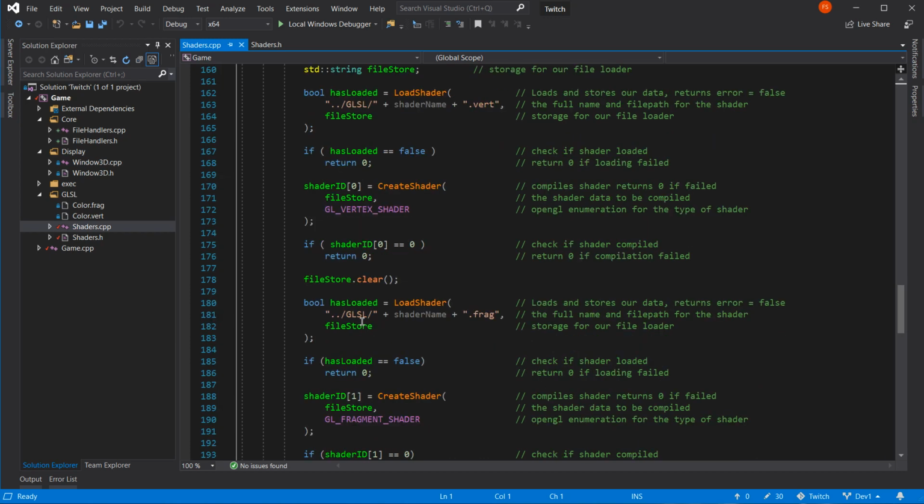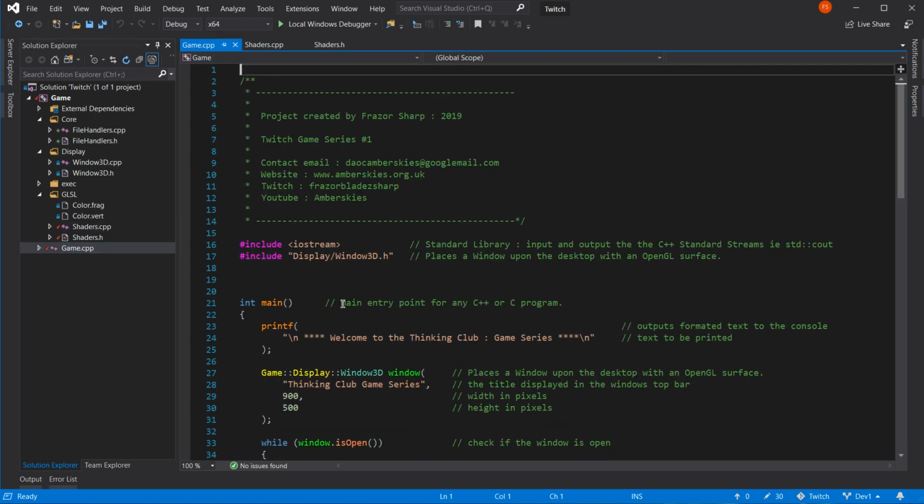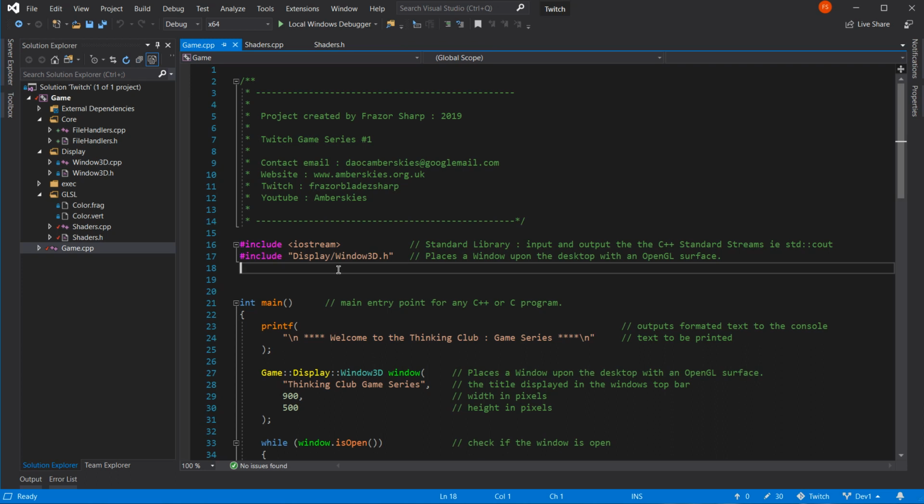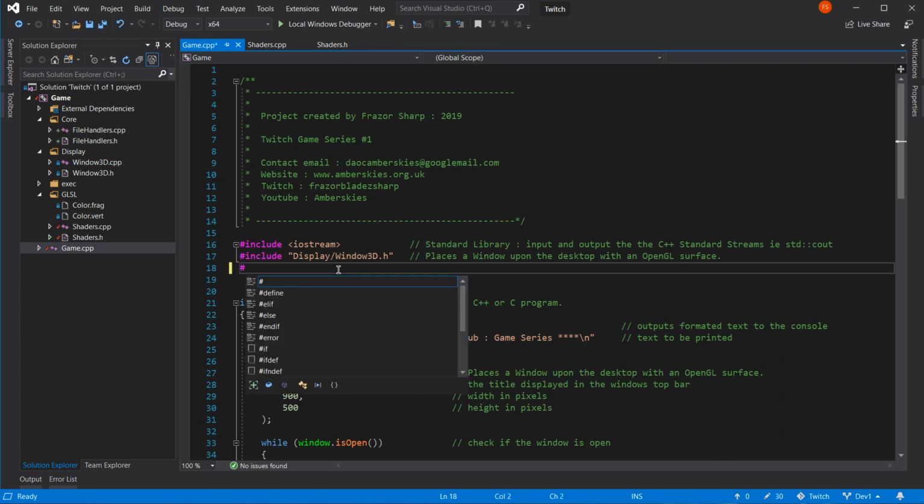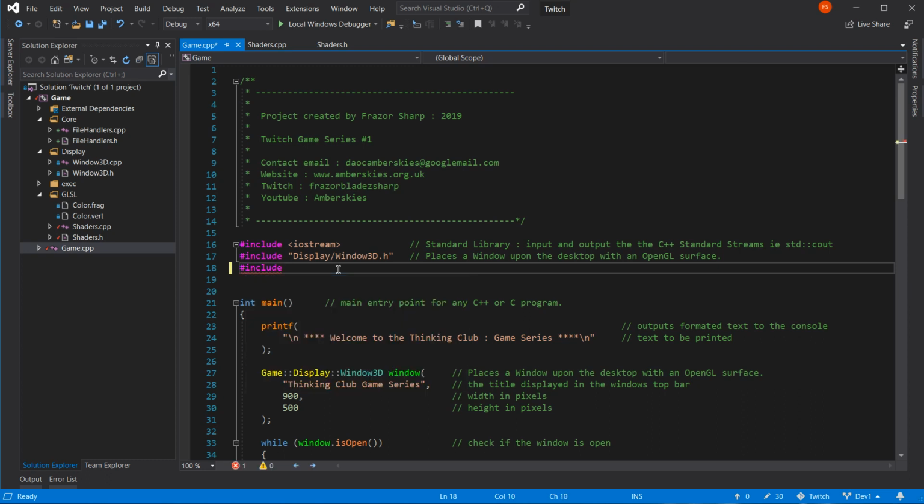I want to see what it says. I don't really care about my graphics card. I can always reset my computer afterwards, can't I? So if I was to, just for testing purposes, say #include GLSL... I would not advise anybody doing this.